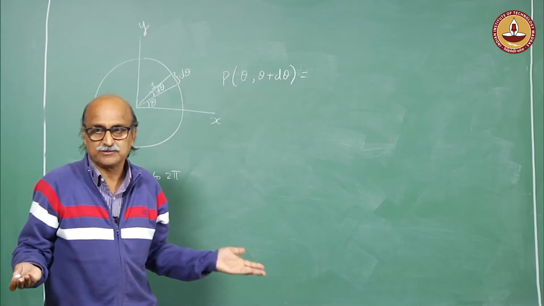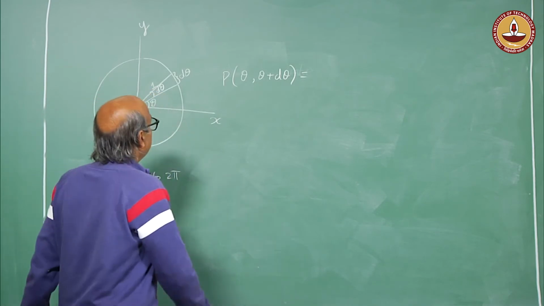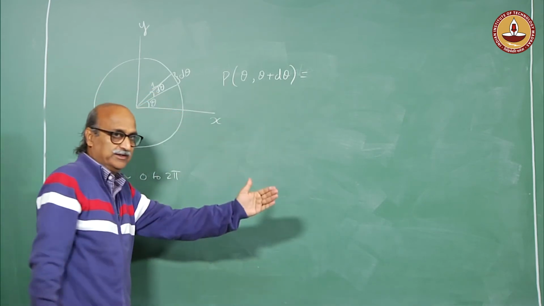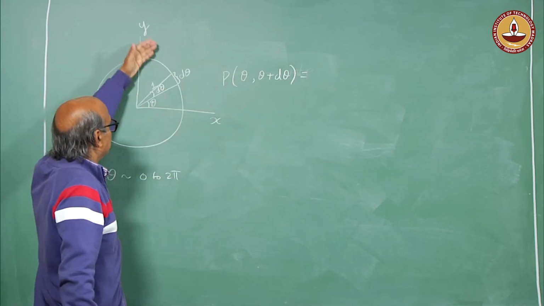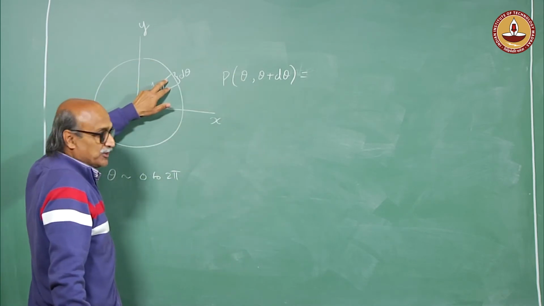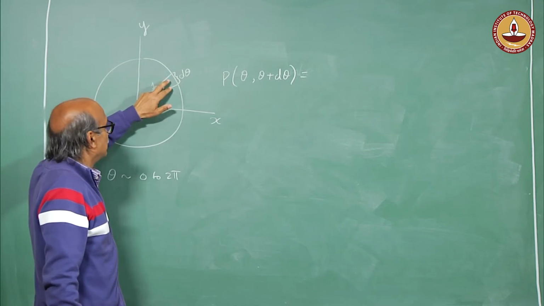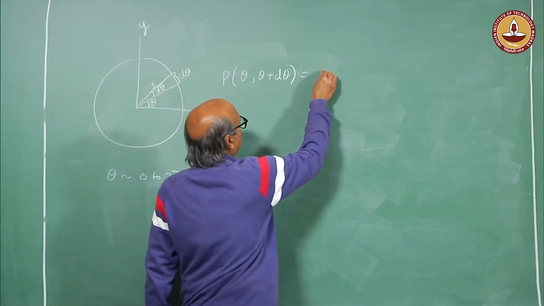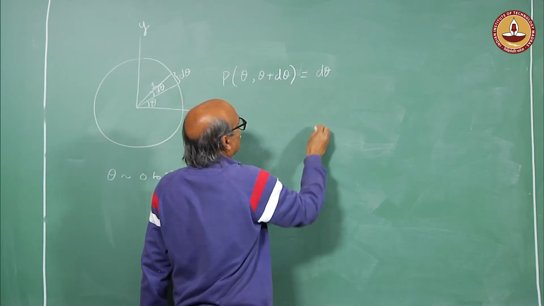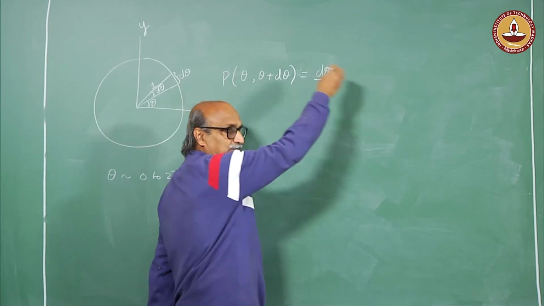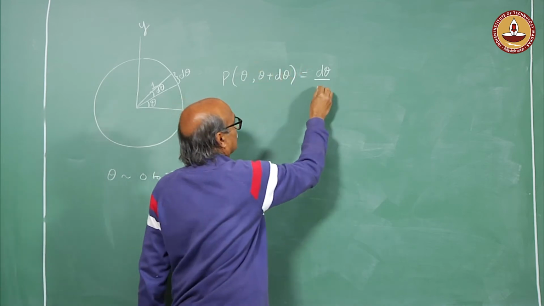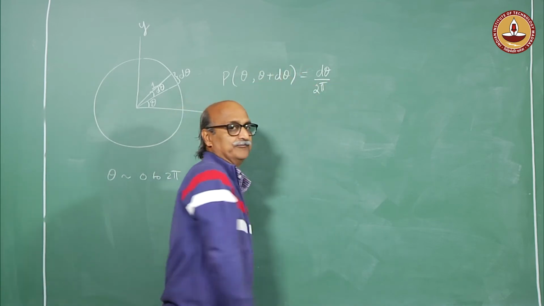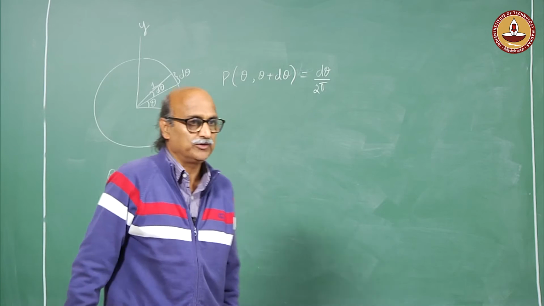It is 2 pi, right, with unit radius. Hence, the probability that an orientation will lie in this particular section between theta and theta plus d theta would simply be the length of that infinitesimal arc divided by the total perimeter of the circle. So, this d theta upon 2 pi,